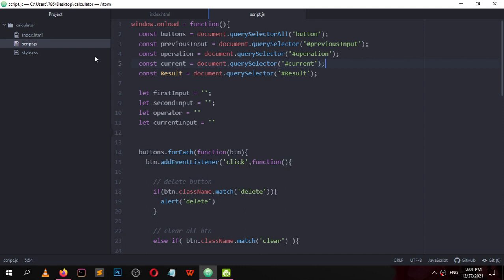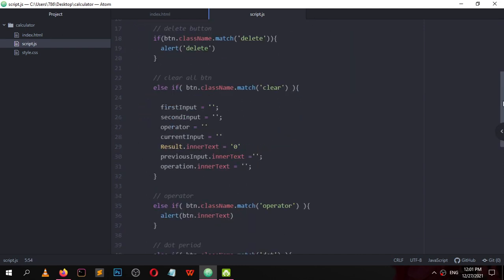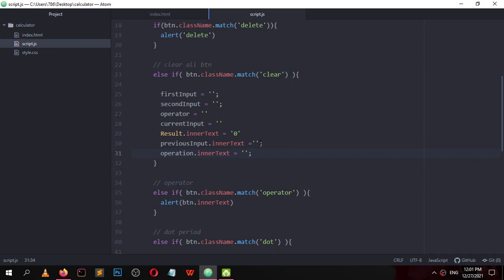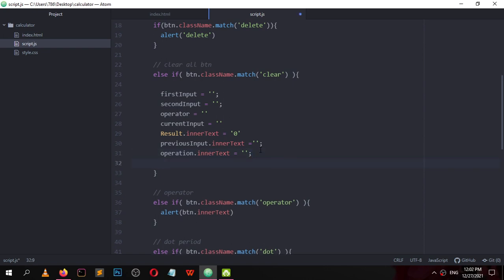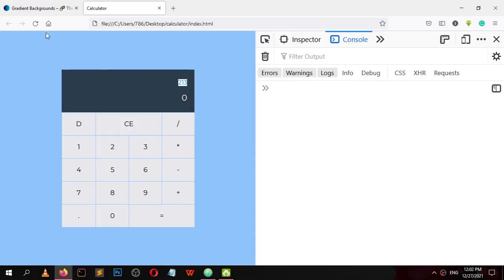So the text inside the current element, current.innerText, should be an empty string. So reload, and 255.